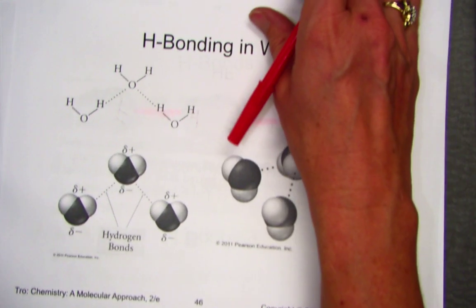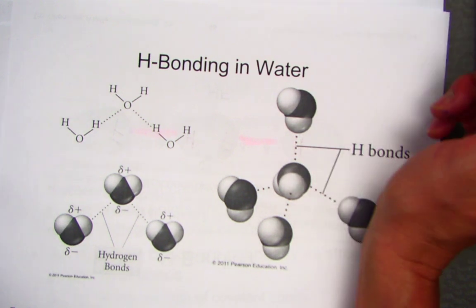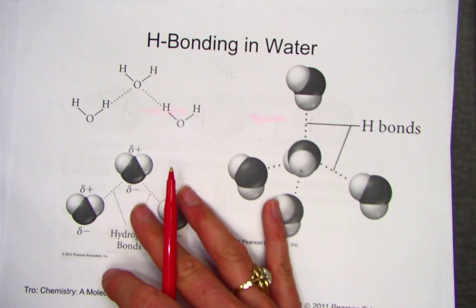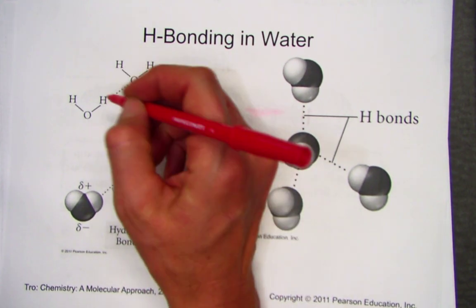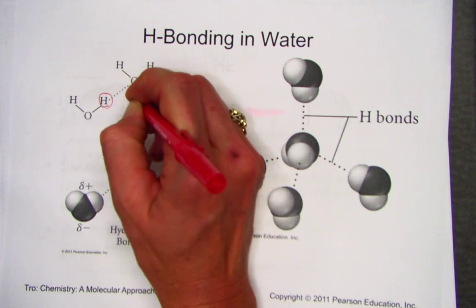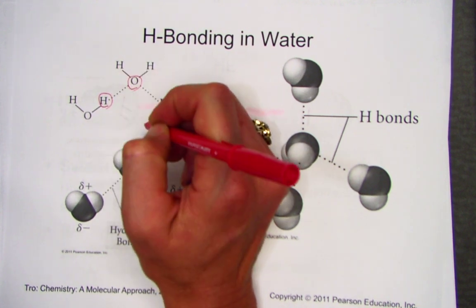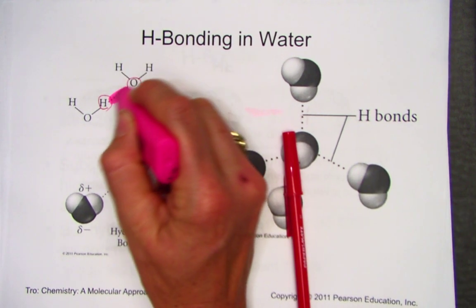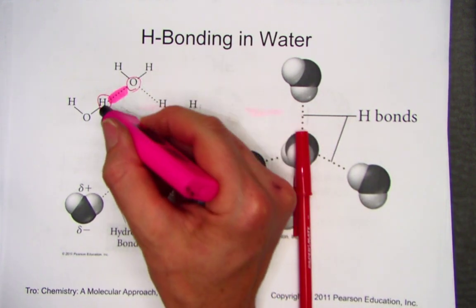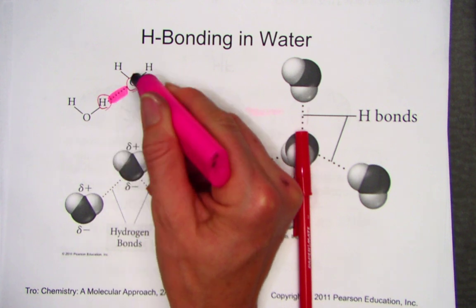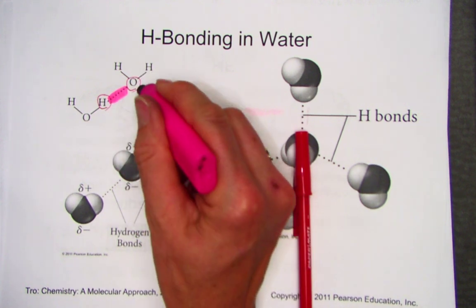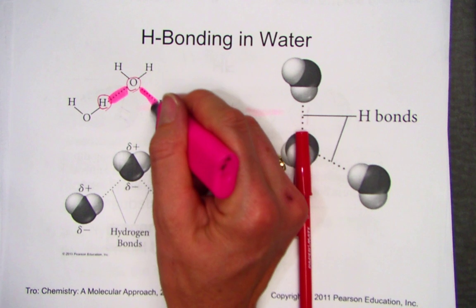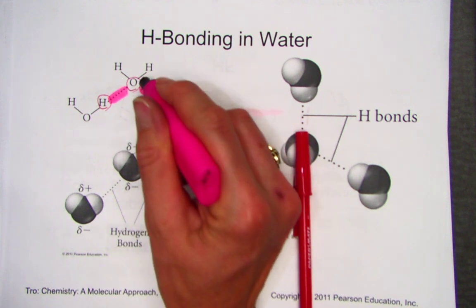Hydrogen bonding exists in water and thus gives us one of the highest boiling points for a liquid at room temperature. The hydrogen on one molecule very strongly attracted to the oxygen on the other. This here is a hydrogen bond, this very strong intermolecular attraction. H from one molecule attracted to the O on the other. Here's yet another hydrogen bond. Hydrogen on one molecule attracted to the oxygen on